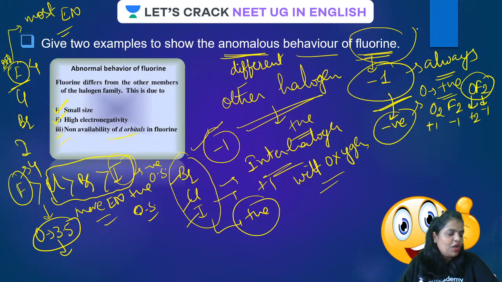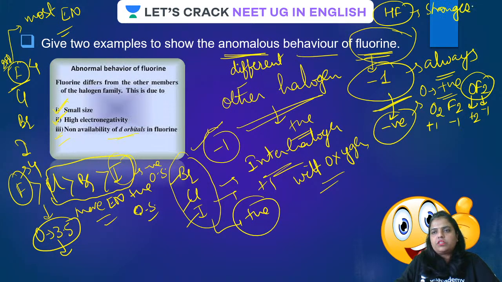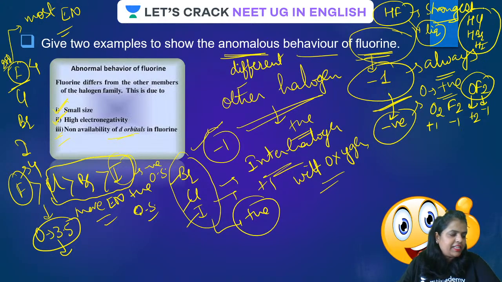They may show plus oxidation state, guys. And secondly, guys, HF has the strongest hydrogen bond. It forms the strongest hydrogen bond, as a result of which, out of all hydra acids, HF exists in liquid, whereas all others, whether you talk about HCl, HBr or HI, they all are in gaseous state at room